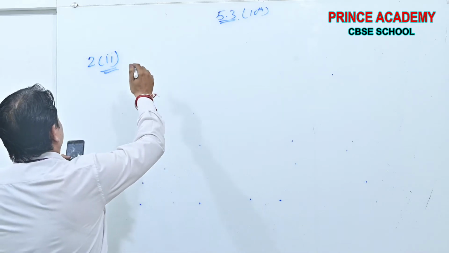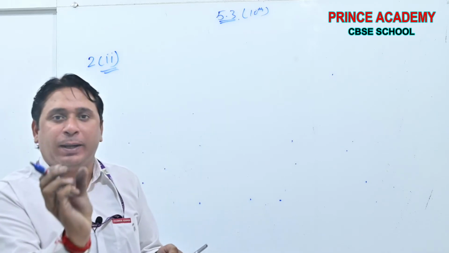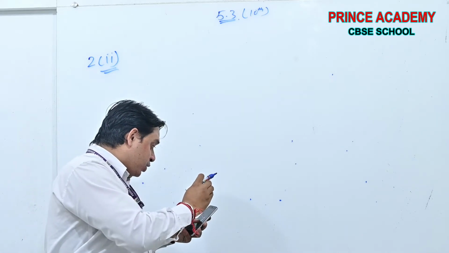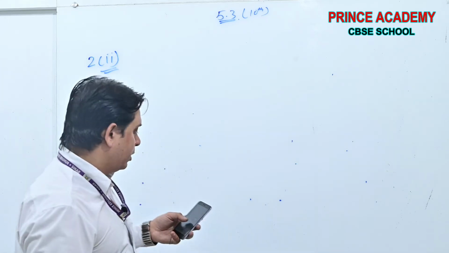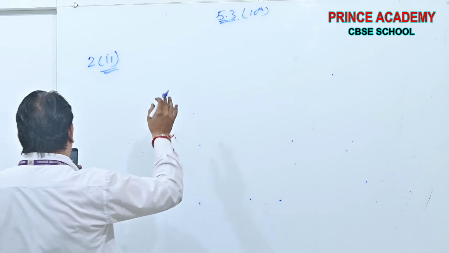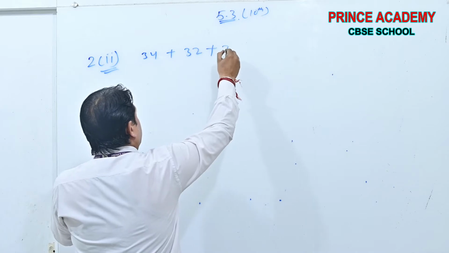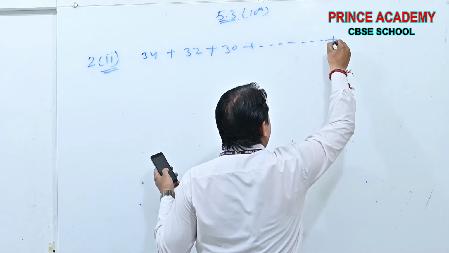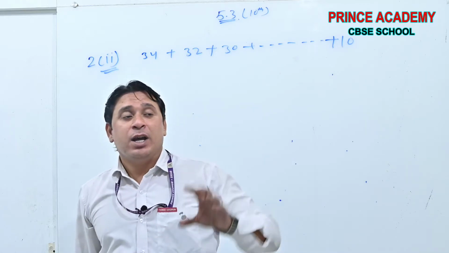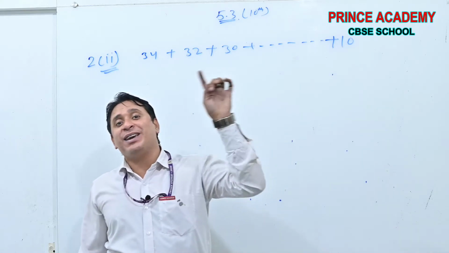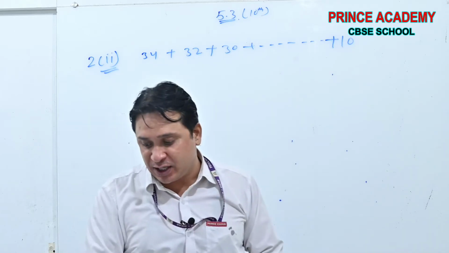Now see, beta, second part. Why am I taking the second part? To make you understand the concept, because here the calculation is a little bit easier. In the first question, because there is a fractional value, students can definitely be disturbed. That's why I am taking the second part first: 34, 32, 30 and up to plus 10. Now see, beta, it was the thing I was discussing. Students are confused about which is N and which is An. This is the main funda.